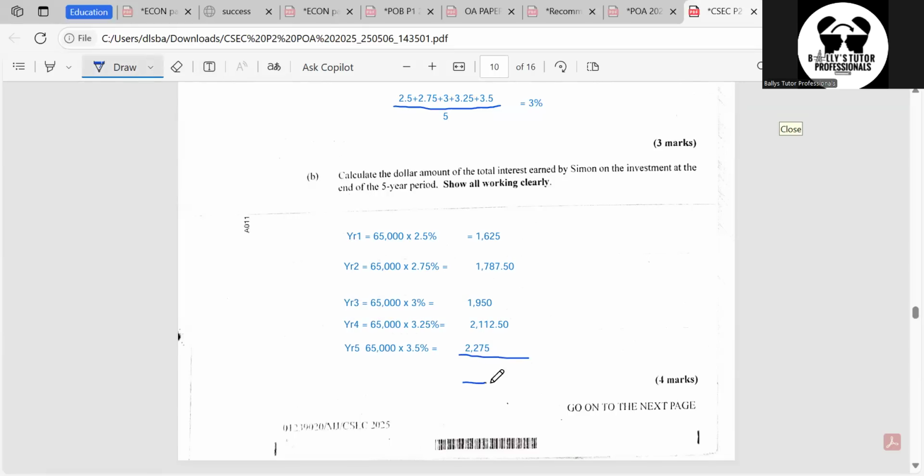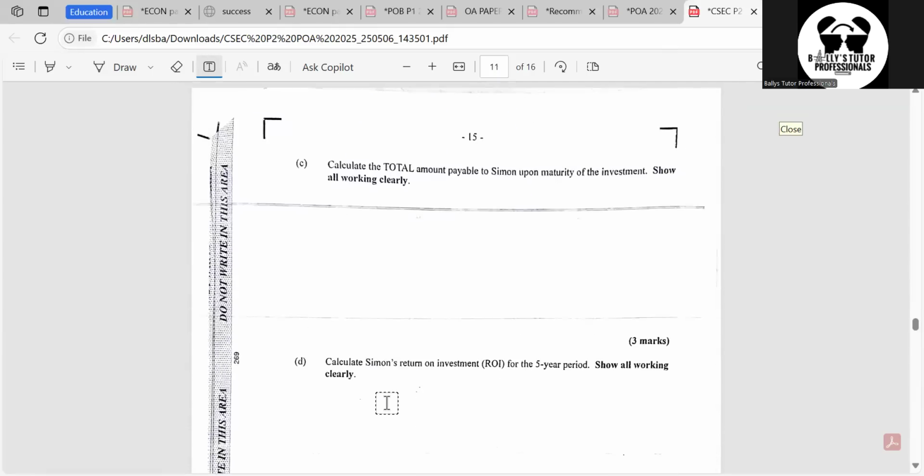So this is practically a maths question. But you add up these 5 values and you'll get 9,750. So that's the total interest earned. 9,750. 4 marks. Then here they say calculate the total amount payable to Simon upon maturity of the